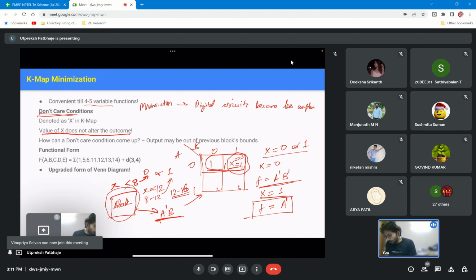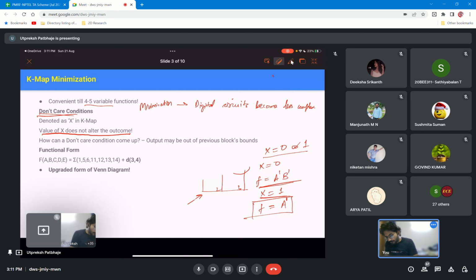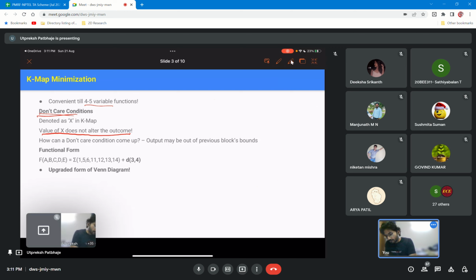So how do we denote these don't care conditions in our functions? It is shown by this. So if you need to write the don't care conditions,